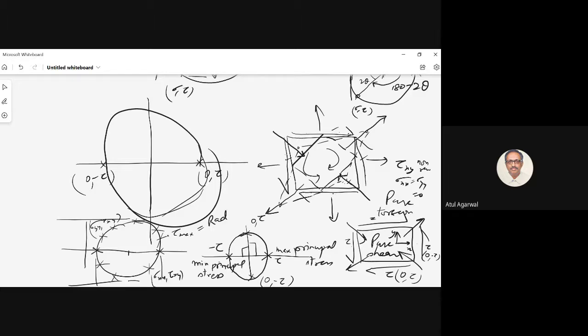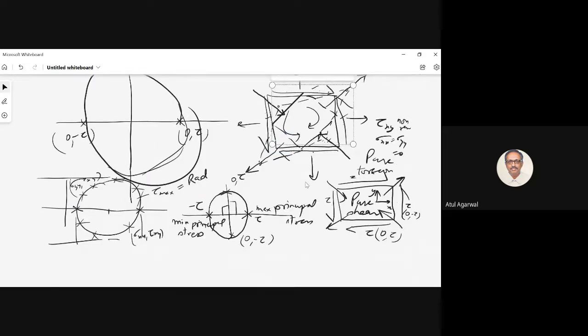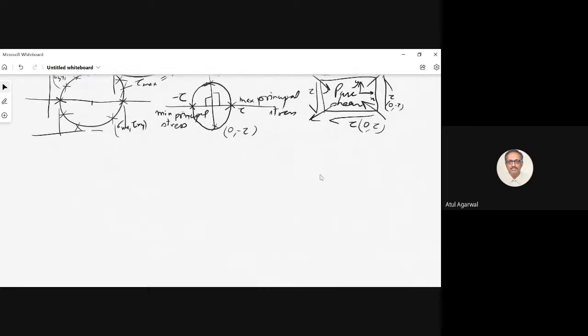Those formulas are easy to derive. We have already derived the expressions for principal stresses and maximum shear stress. I think that's all to Mohr circle. One more thing is there: there is something called the hydrostatic state of stress. You have heard of Pascal's law in fluids.